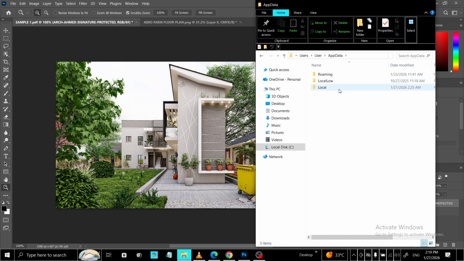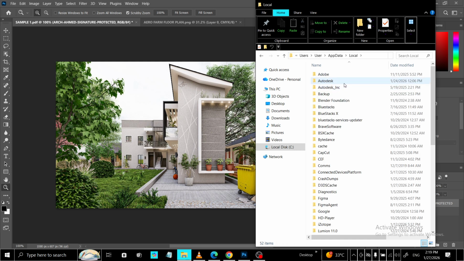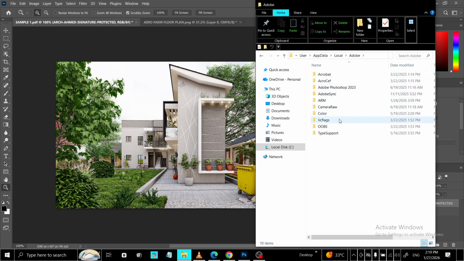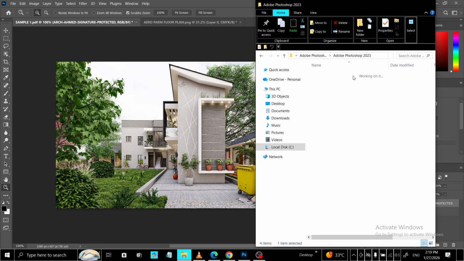Now, to free up additional space on the drive, empty your recycle bin or trash so deleted files are actually removed from the disk. Then move large files like videos, archives, or old project folders to another drive or delete what you no longer need. Photoshop's scratch disk works best when there are several gigabytes available, so giving yourself extra headroom